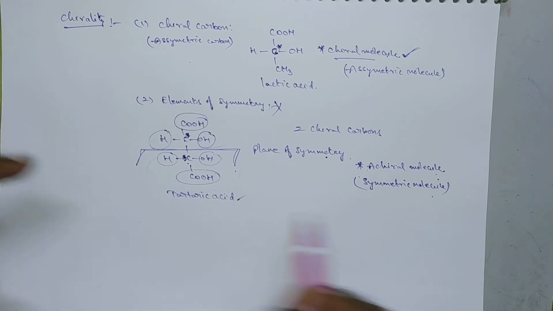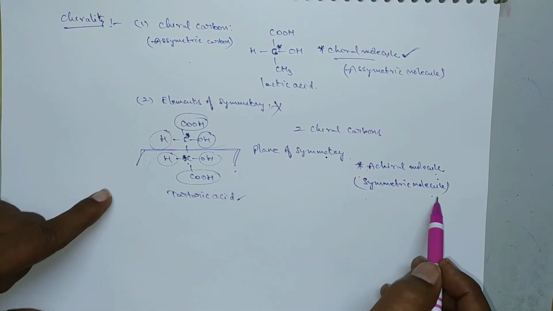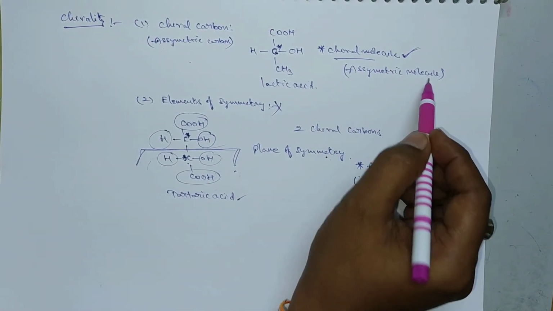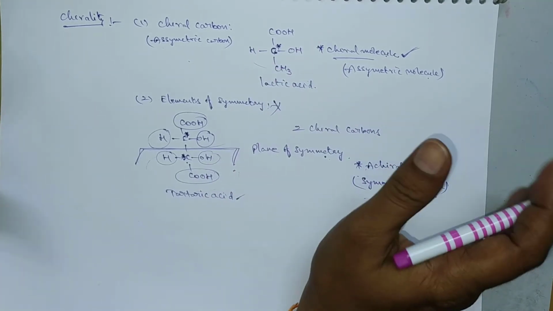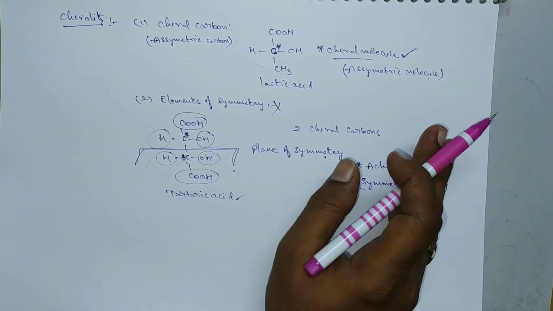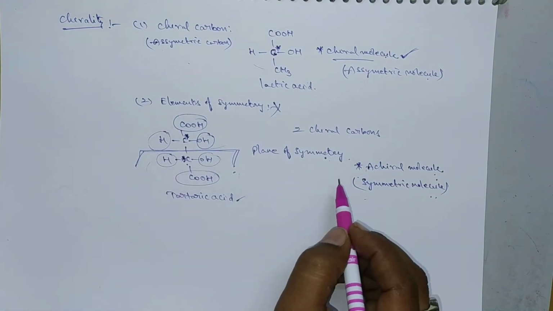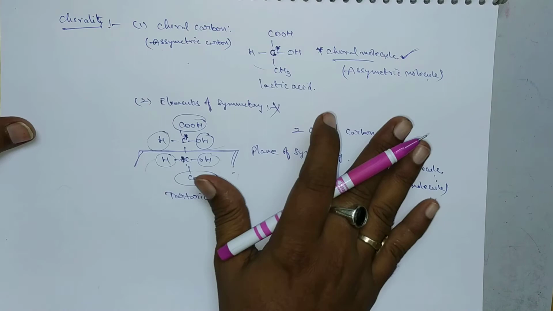Symmetric molecules means which exhibit symmetry. That's why it is a symmetric molecule. Asymmetric molecule means which does not exhibit any symmetry. That's why it is an asymmetric molecule. Okay, clear? So in brief, we can say chirality means, suppose if you take one molecule, suppose if you take